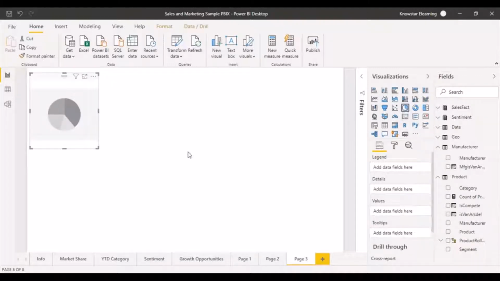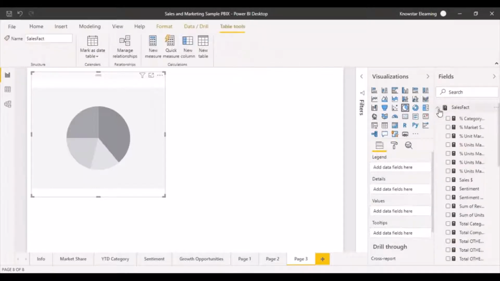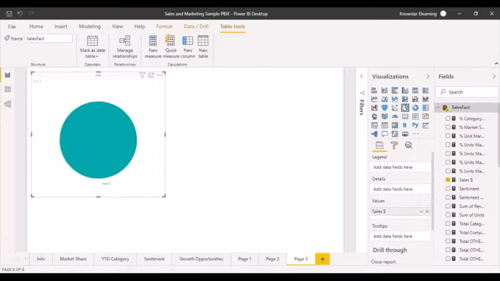So just click on the pie chart and the placeholder will get added to your designer canvas. Now in a pie chart, I have selected the visualization, and now I can see that in the fields I've got buckets like the legend, the details, the values, and tooltips, obviously. Okay, so not many options over here, something similar to what we got in terms of bar charts and column charts. So my values is obviously going to be a measure. So it is going to be my sales dollar amount.